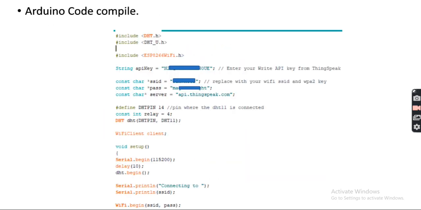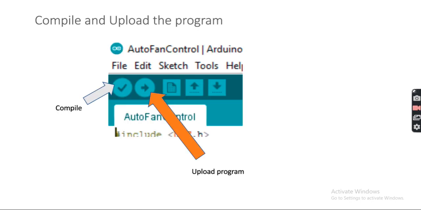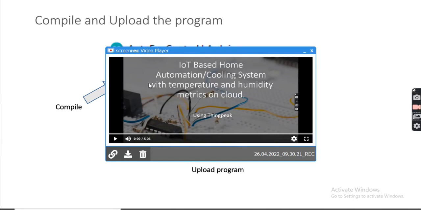Next thing is that we have given you the Arduino code already. So you can copy paste the Arduino code in your Arduino IDE and then try to compile the code. This is the one for compiling the code, and this is the one for uploading the code. We'll not upload the code now. First we compile the code and check for any syntax errors or any such. Once you have corrected those errors,